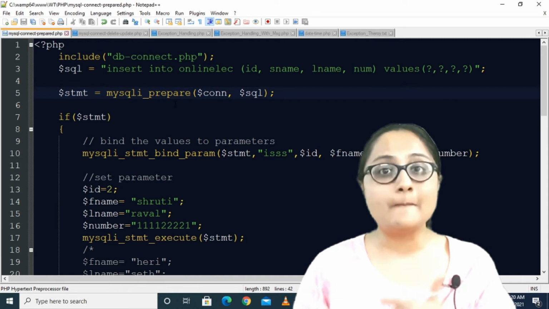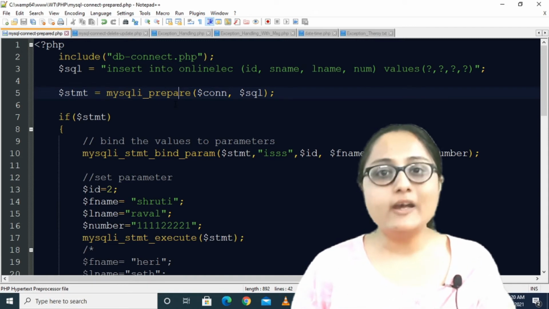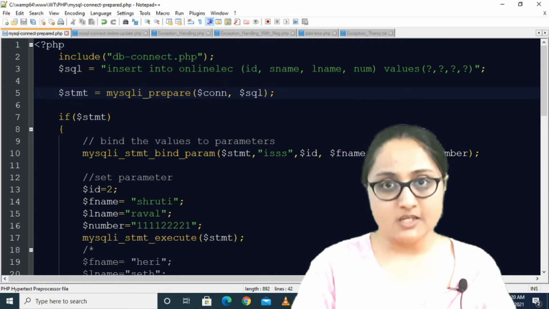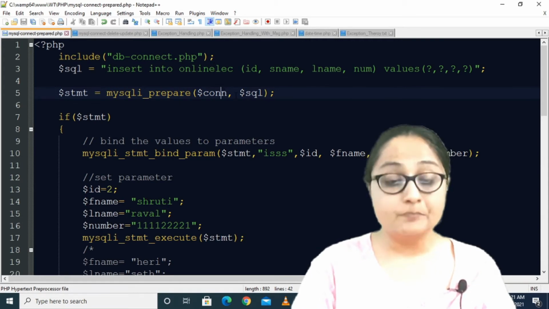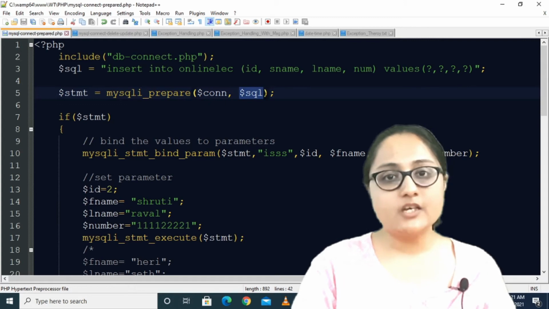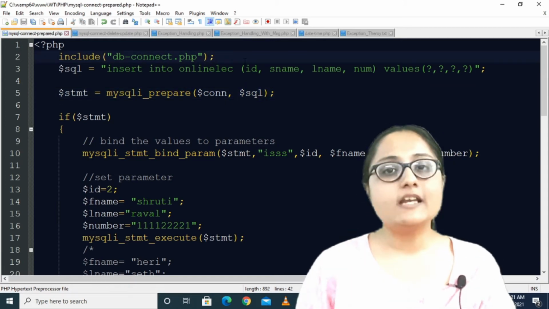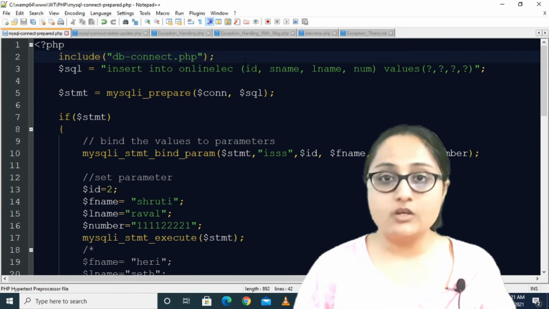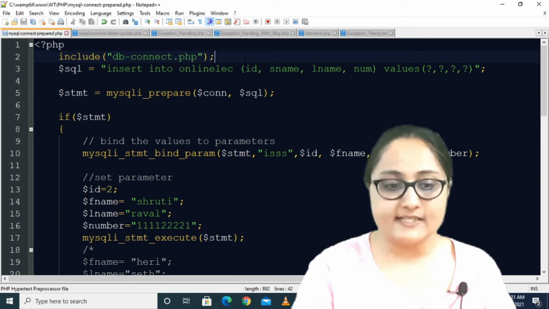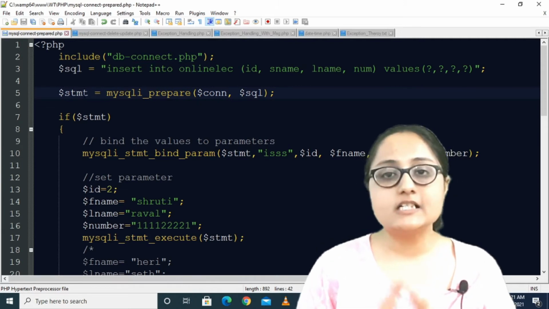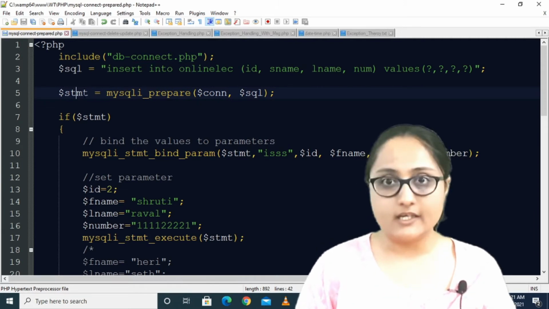It just compiles the query. You pass the connection variable, comma, the variable in which you stored the query, that is $sql. The query is parsed and optimized, and $stmt consists of the compiled query.